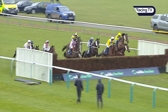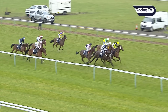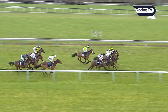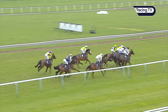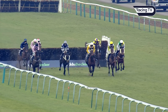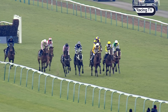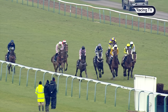Up among the early leaders, Apple Away in the gold and yellow, not quite as quick through the air as one or two of those around her. Man, last year's winner in the purple and yellow, is towards the rear. He jumped a little out to the left at the first, and there are almost a line of 4 approaching the second. Apple Away is bang up there once again, with Val Dancer on the left, and Man was untidy at the second. Wasn't completely convinced of the first couple of fences as they move on fairly sharply to the